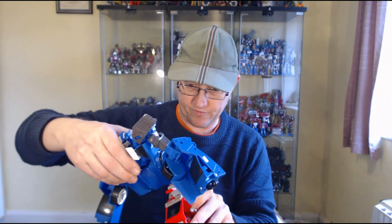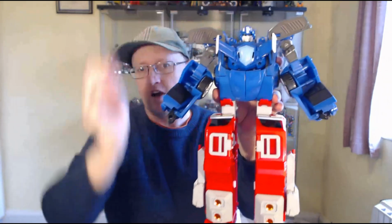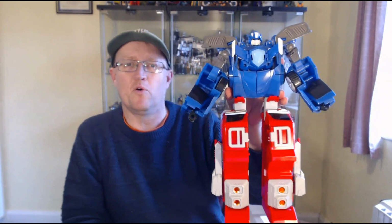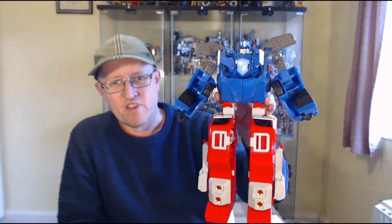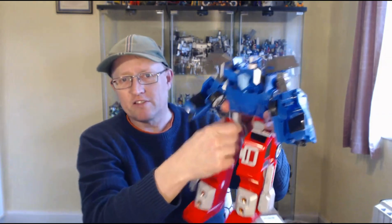And then Volt can combine with Sammy. A little bit more successfully, I will say, because they seem to hold in all right compared to Max's combiner joint, which is a bit loose in Volt. But there's Sammy and Volt combiner. So that's that. Like I said, they have that 2-bot combiner gimmick that they did, but then they do one more trick, and it is the 4-bot combiner. So let's start with